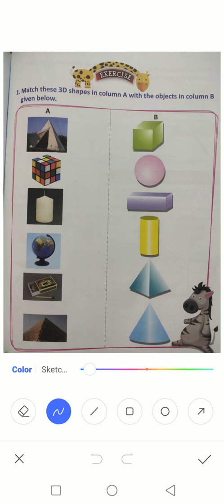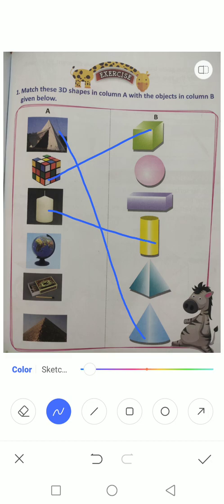If you observe very clearly, the first one is in the shape of a cone, so you can match it. The second one is in the shape of a cube. The third one is in the shape of a cylinder, you just match it.